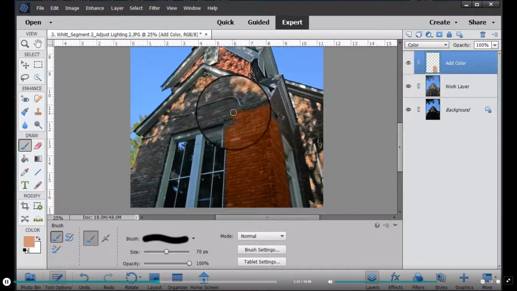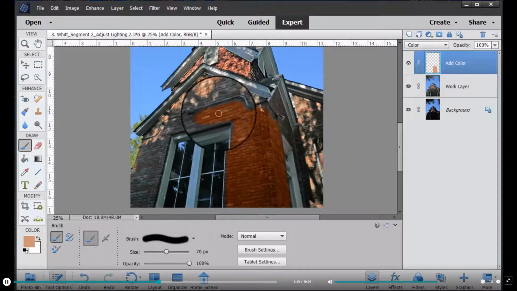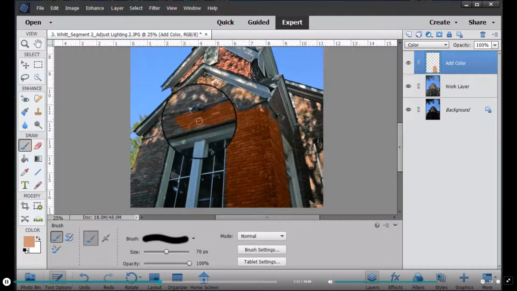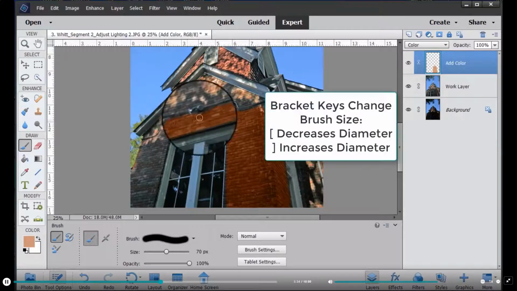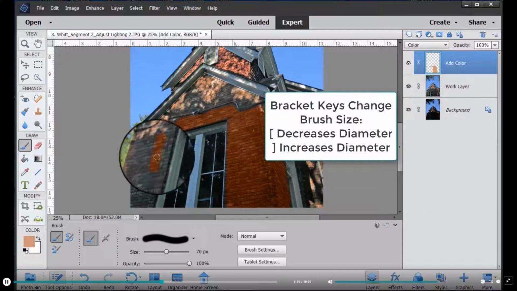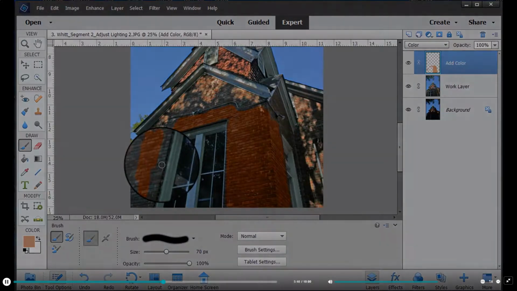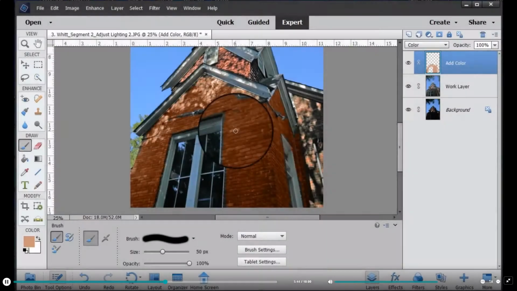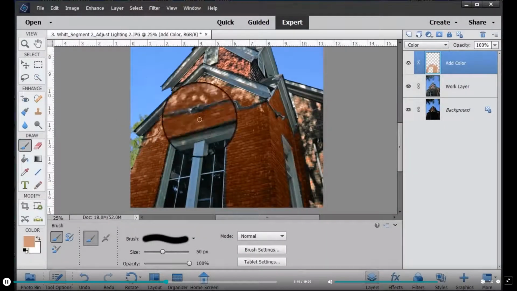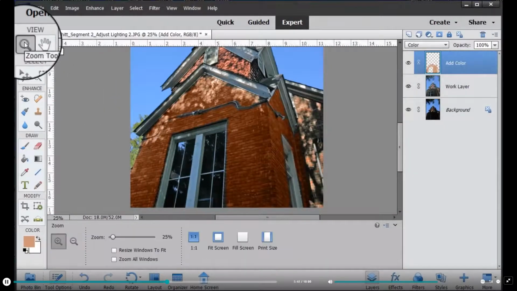And you can use the left or right bracket keys to decrease and increase the brush. The left bracket decreases, the right bracket increases. So I'll work in here a little bit, and I'll fade this video out and return in a little bit. Okay, now I'm back and I have applied most of the color, but I want to